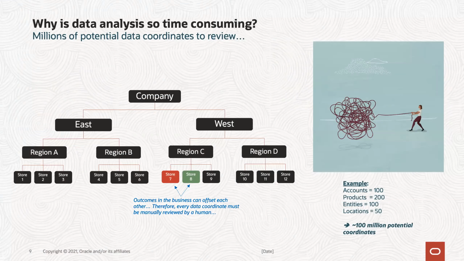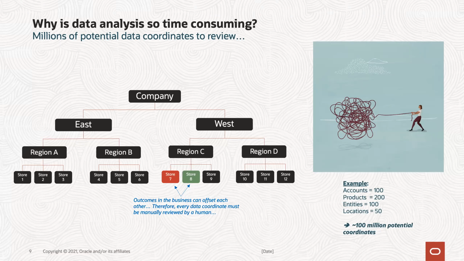If you think about data analysis, on a monthly basis or weekly basis, however frequently you bring data into your system, new data comes in from your source systems, whether it's your general ledger or operational systems, and your users around the enterprise need to analyze that data. And what do they look for? They look for things like variances and trends and patterns and so forth. But they can't just look at total company, or just look at a consolidated value. They literally need to eyeball almost every one of the data coordinates.